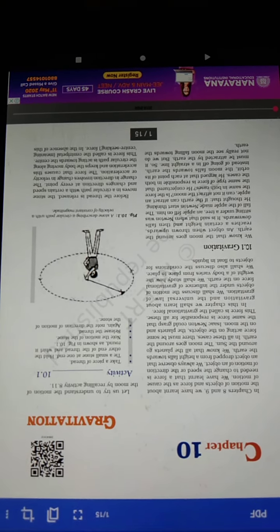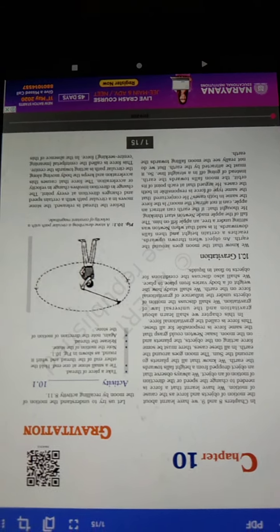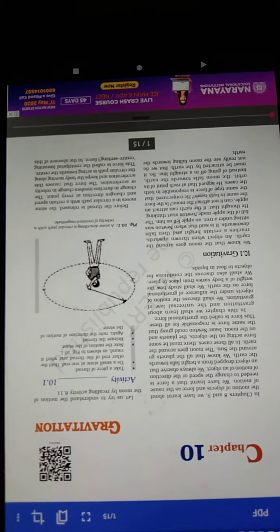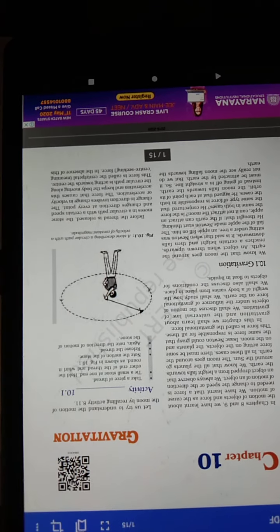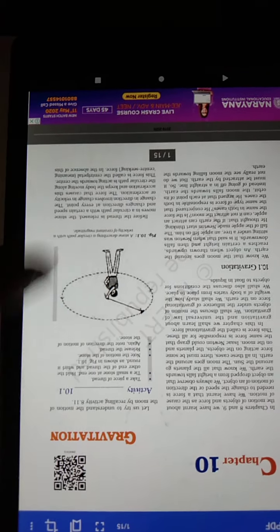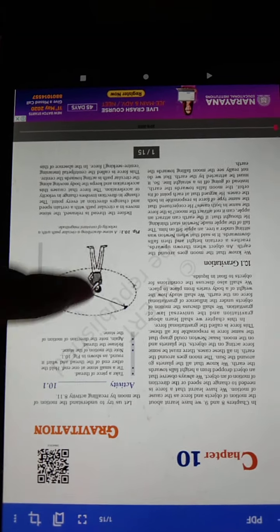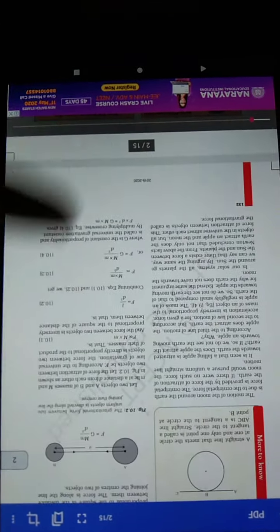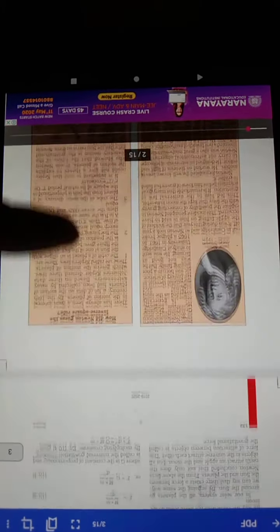Just as an introduction, first of all, how will we study this lesson? First we will see the introductory part of gravitation, how it is associated with the surroundings and all. Then we will see how it was first thought about through a circular experiment. Then we will see Newton's universal law of gravitation. We will solve its mathematical formula equation. Then the next part is we will solve numericals on it.